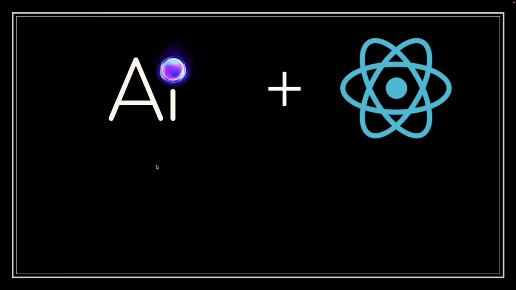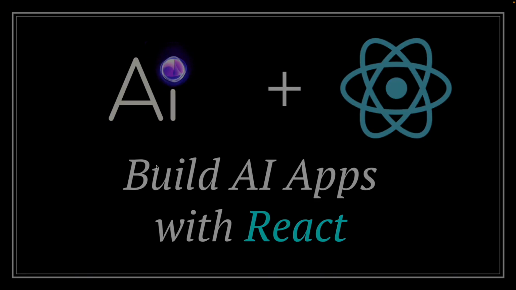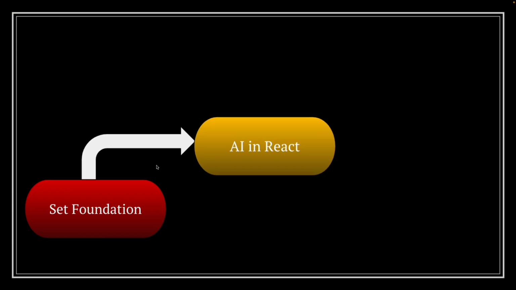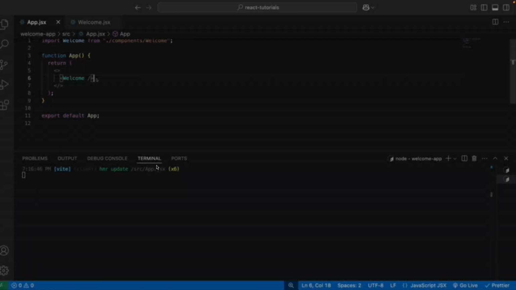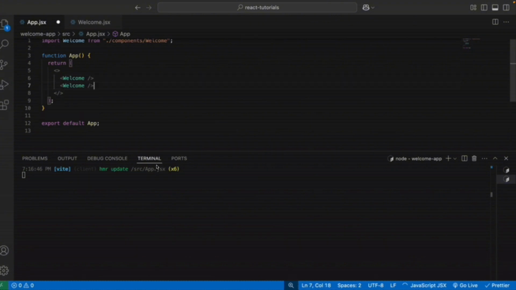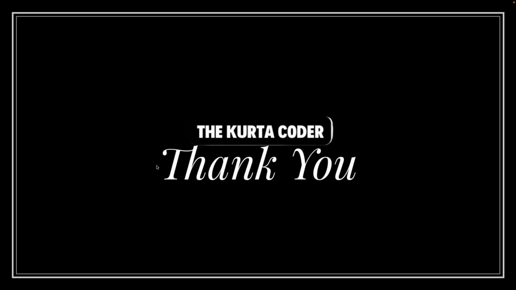If you're excited about AI and React but don't know where to start, you are in the right place. This is our playlist, Build AI Apps with React. In this playlist, we will take a stepped approach. We'll start with Foundation, where we'll learn basics of React and basics of AI, and then move on to how to integrate AI libraries in React, and then finally build our AI projects. What to expect? Please expect hands-on coding, some real-world examples, and clear explanations perfect for beginners and experienced devs. So if you're ready, please hit that play button and start building AI-powered React apps today.